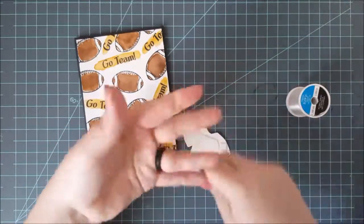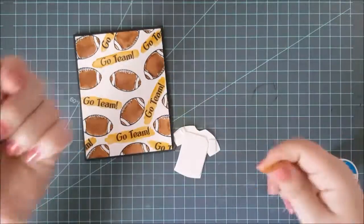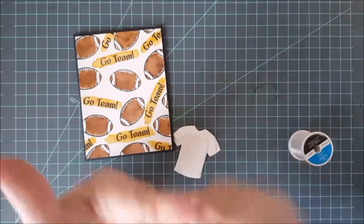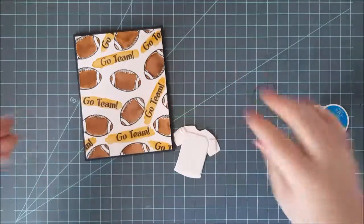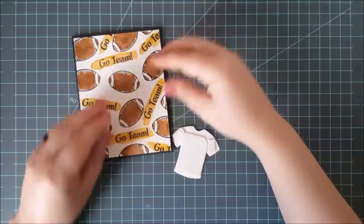To add a little bit of interest behind this t-shirt, I am taking some clear thread. This is clear, it's almost like fishing line, but not quite as thick. And I'm wrapping it around my hands, and I'm doing this quite a few times. I'll snip the end of that off, and then I can create a little messy nest of this thread behind